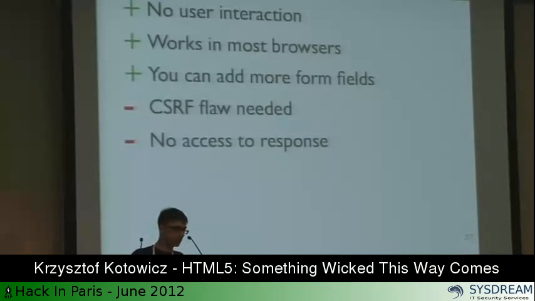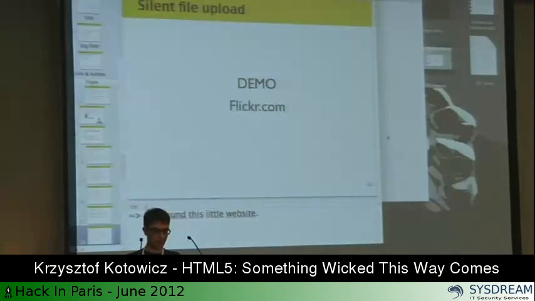Of course, this requires a cross-site request forgery vulnerability in a website. So if a website accepts files, or accepts forms in general, without a unique token that is not known to the attacker, well, we can use that trick. What is also important, we don't get access to the actual response from the server. So we're simply sending a blind request with the file uploaded, and let's hope for the best that the file actually got submitted. So let me show you an actual demo of